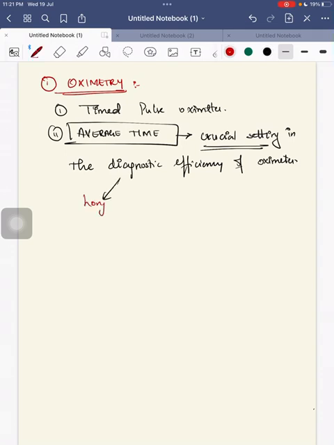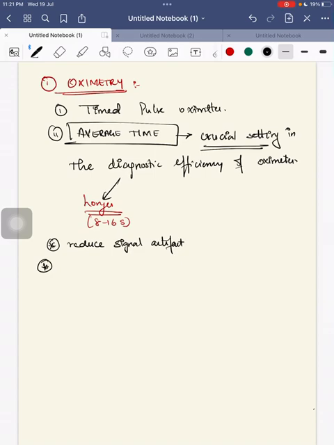When this average time is longer, for example 8 to 16 seconds, the advantage is that there will be reduced signal artifact,